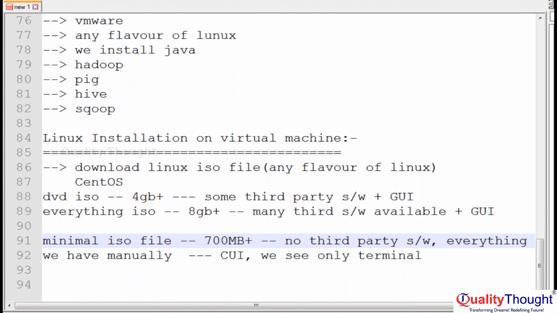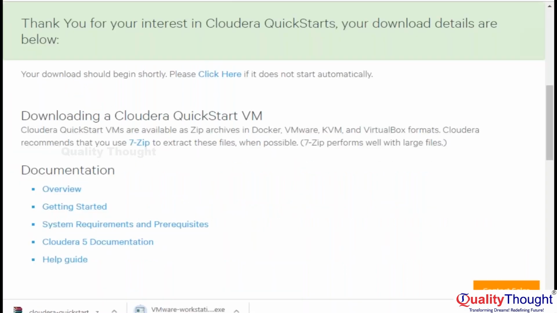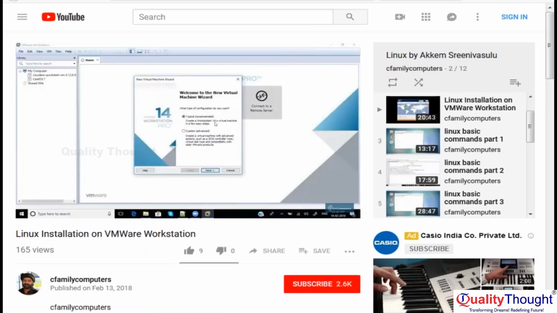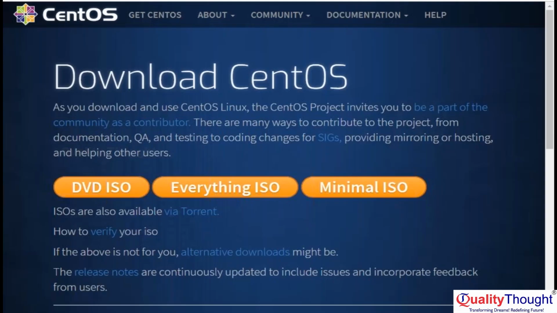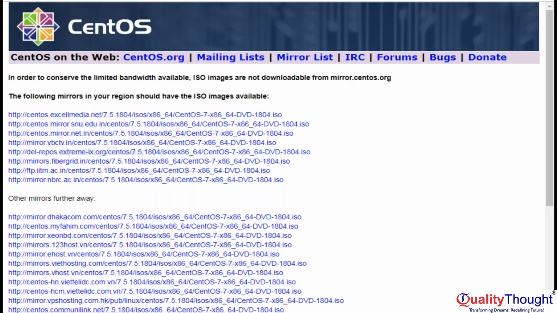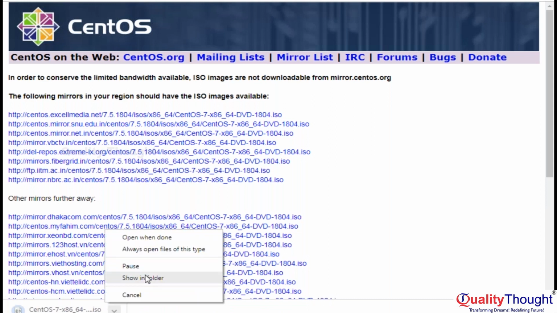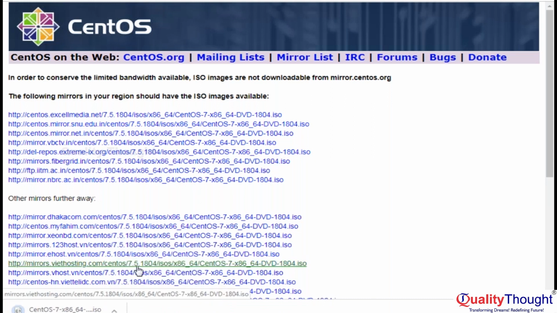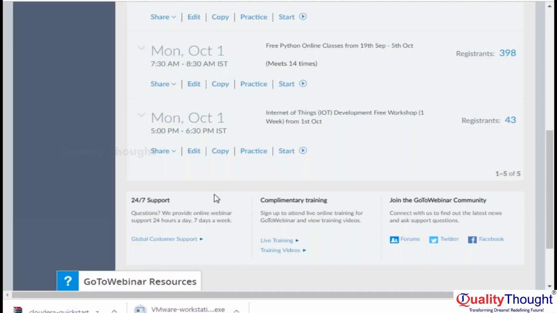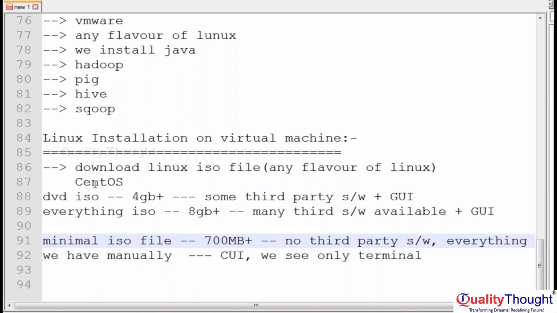So go here, and you can download the DVD ISO, everything ISO or minimal ISO. Click on DVD ISO. Here it will show different links. Select any link, click on that link, then it will start downloading. This is 4.52 GB, around 5 GB. Once CentOS is downloaded,